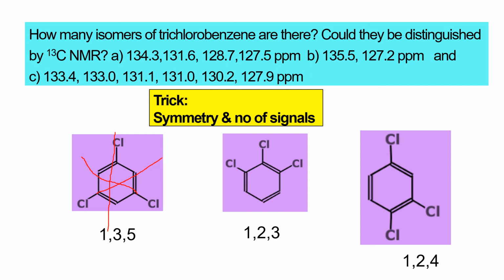So how many signals will you get for this? Only 2 signals you will get. Wherever you get 2 signals, that is the compound. You just check where 1, 2, 3, 4 signals are there. Here 1, 2. So for this compound, 2 signals. And here 1, 2, 3, 4, 5, 6: 4, 6 and 2. This is the 2. So B is for this compound.